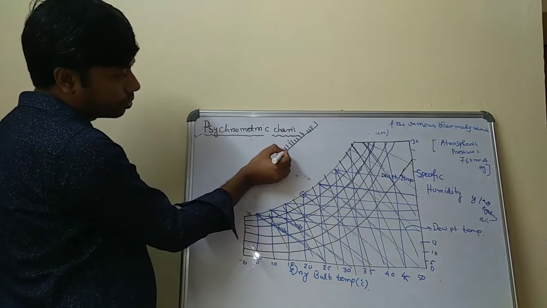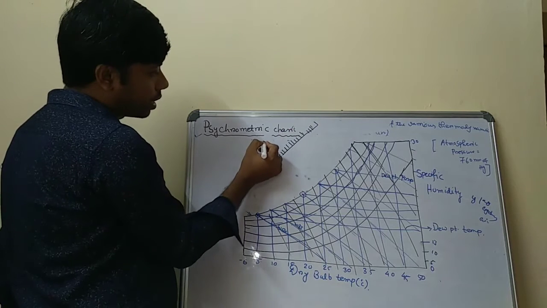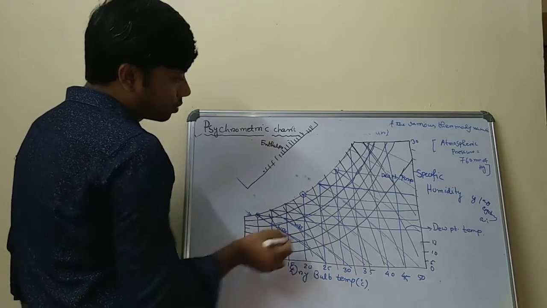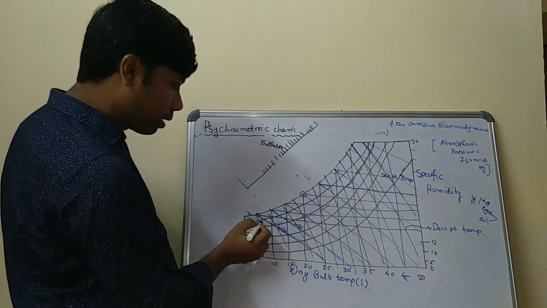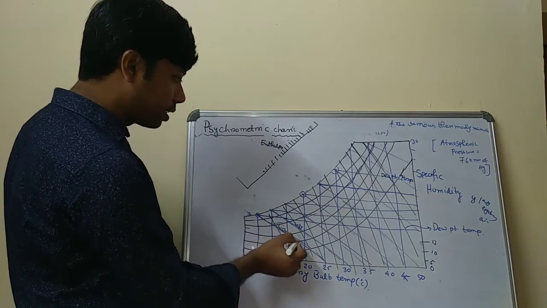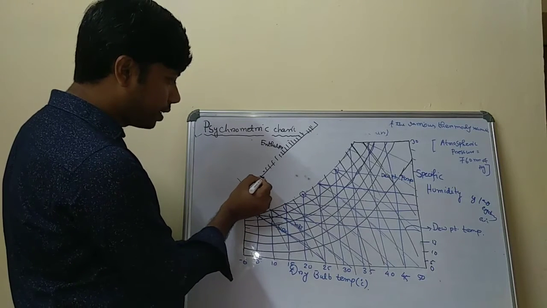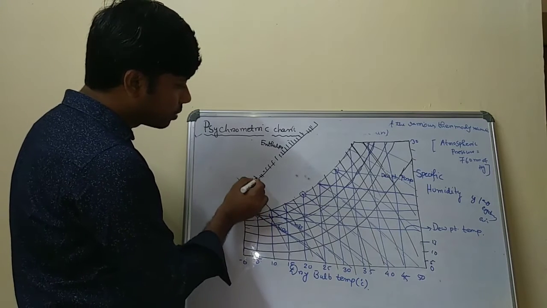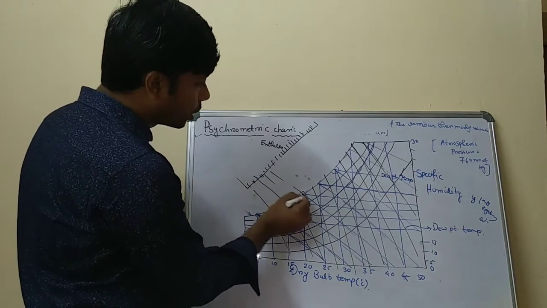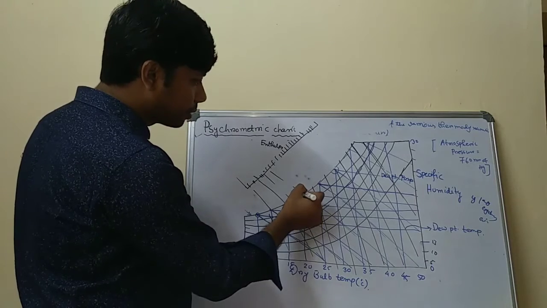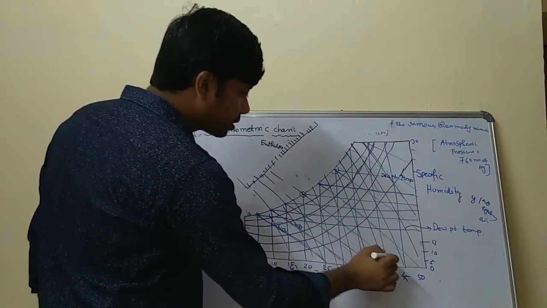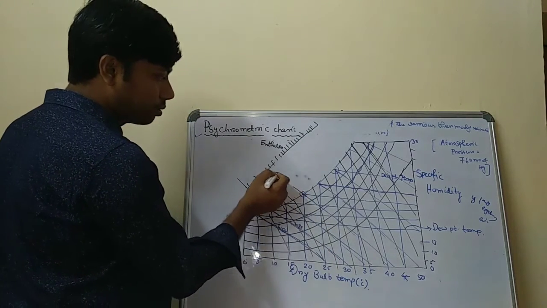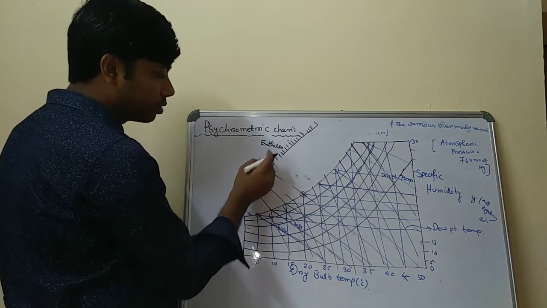In your chart, if you see, there is some enthalpy written here. So it is basically parallel to the wet bulb temperature. Suppose this is the dry bulb temperature. Okay, these are the dry bulb temperatures. So these are the points that give you the enthalpy lines. This is basically parallel to the wet bulb, because this is the 20 degree centigrade dry bulb temperature line. If you draw an inclined straight line, this is your wet bulb temperature of 20 degrees Celsius. So this is parallel to the enthalpy line. Okay, so this is your enthalpy.